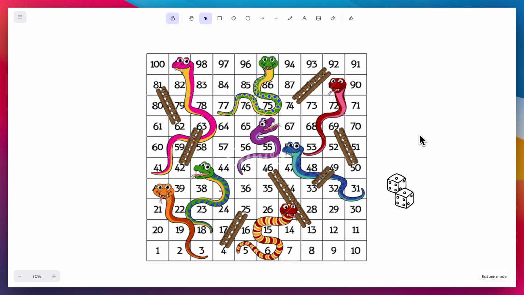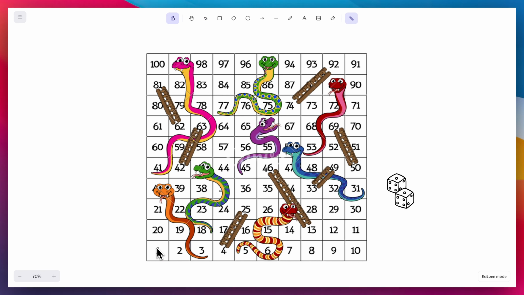Now let's try to understand what exactly a snakes and ladder game is. This is a game which is played between multiple players, and each of those players would be starting from position 1 on this board of size 100, and on this board we would be having multiple snakes and ladders like this,